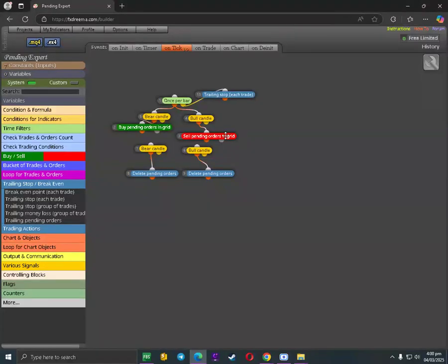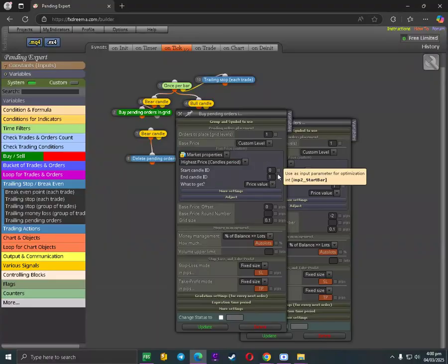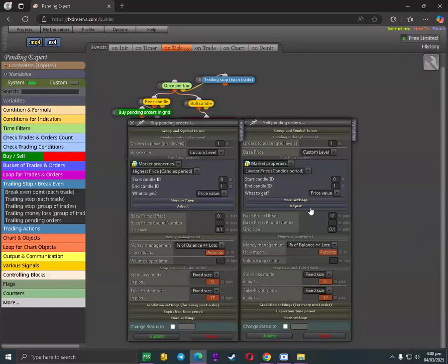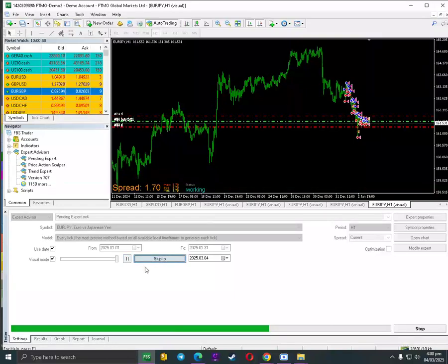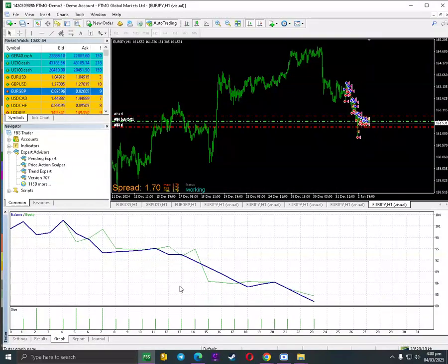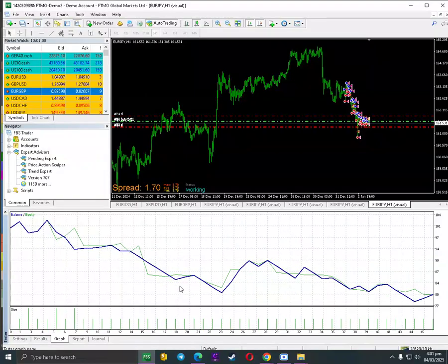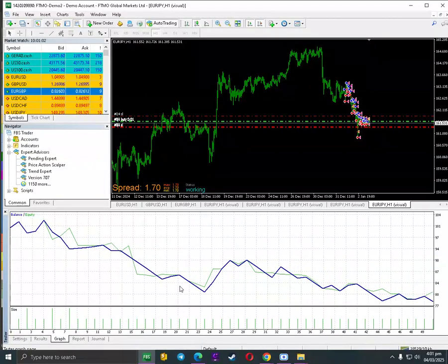I think there's something wrong on our balance lots. Why is it trading 0.2? But I guess there's nothing wrong in here. Let's skip this one. So by the way, guys, it's up to you how you can optimize this one. It depends on what time frame you will be using this one.